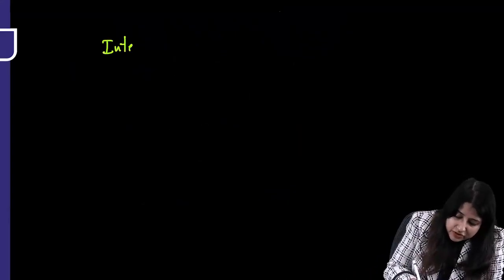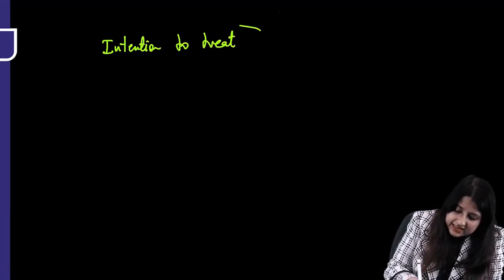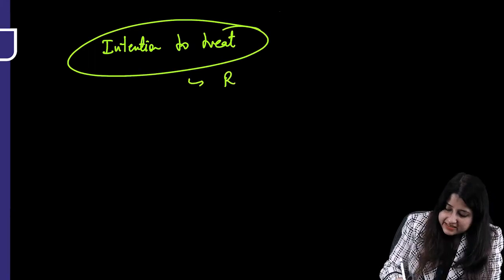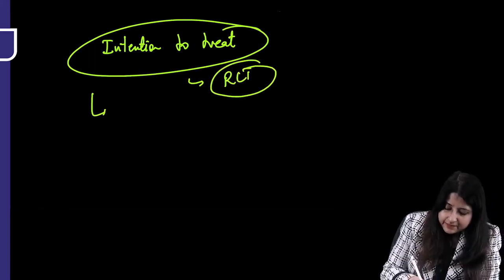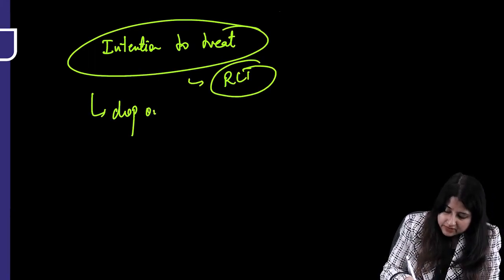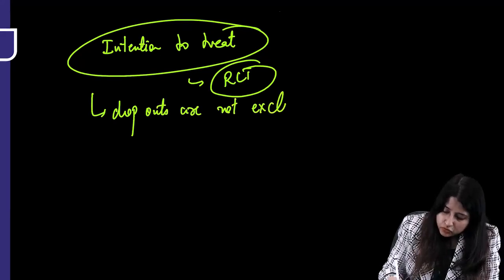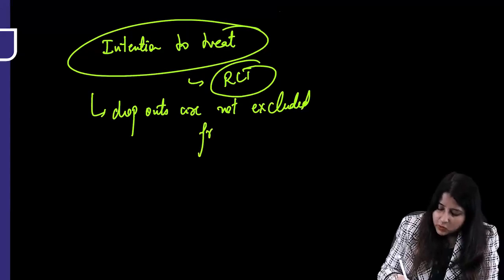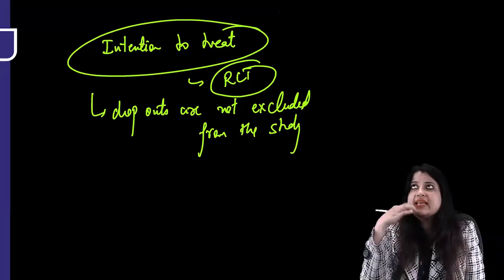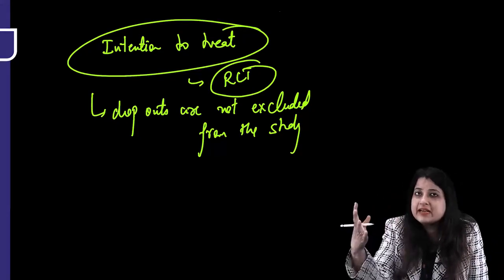Now there is a term which you must know, which they ask you in exams: intention to treat. Where do you see this intention to treat? It is seen in an RCT only. That means the dropouts are not excluded from the study. What does this mean? Suppose I started with 500 patients, and in between some people left my study,